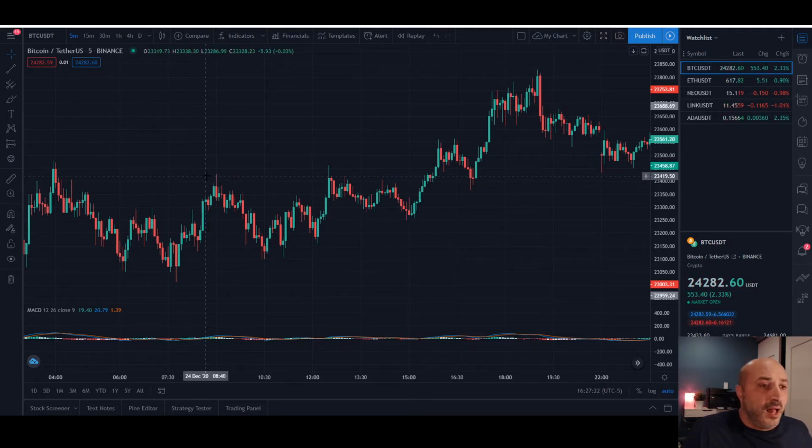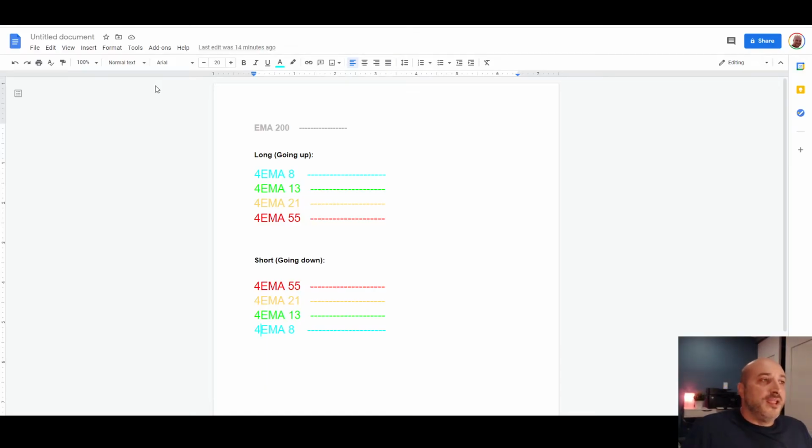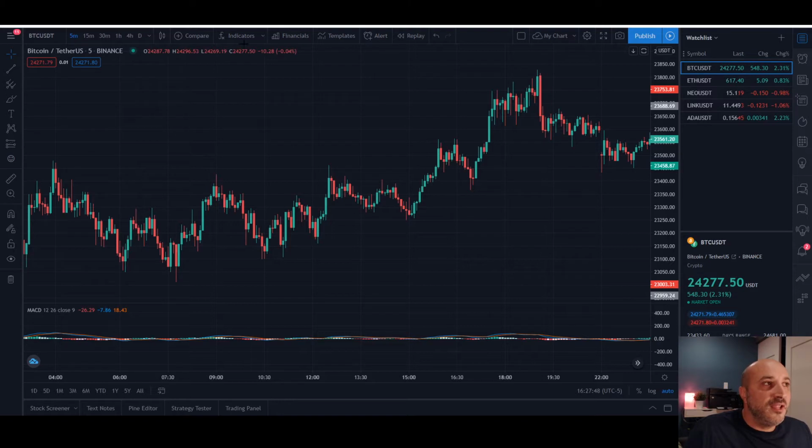From there, I'll give you a couple of settings that you're going to have to adjust and then I'll show you how it works. First, I have a document right here. We'll be doing two settings. One setting will be the EMA, so our EMA 200, and then we'll be using what we call the 4 EMA. If we go with the first one, EMA 200, you'll see right here at the top